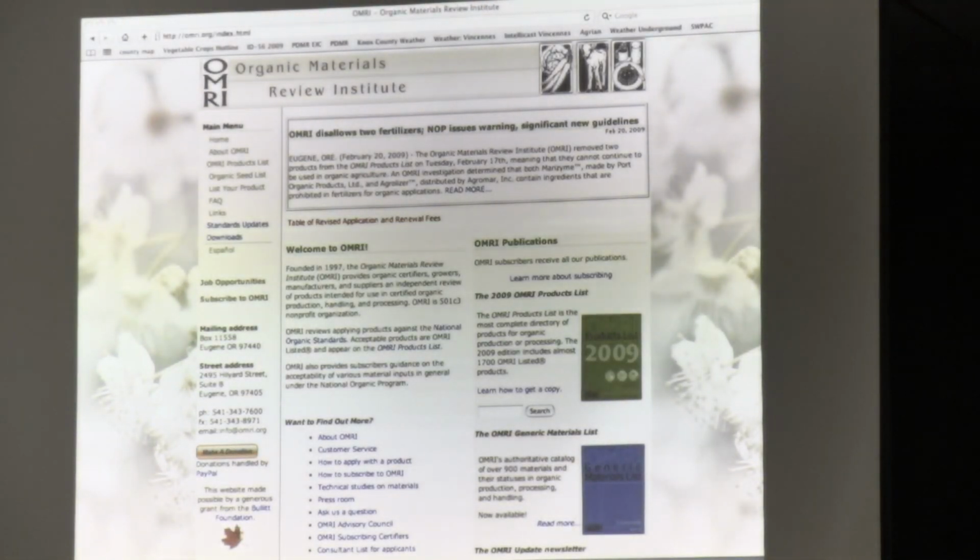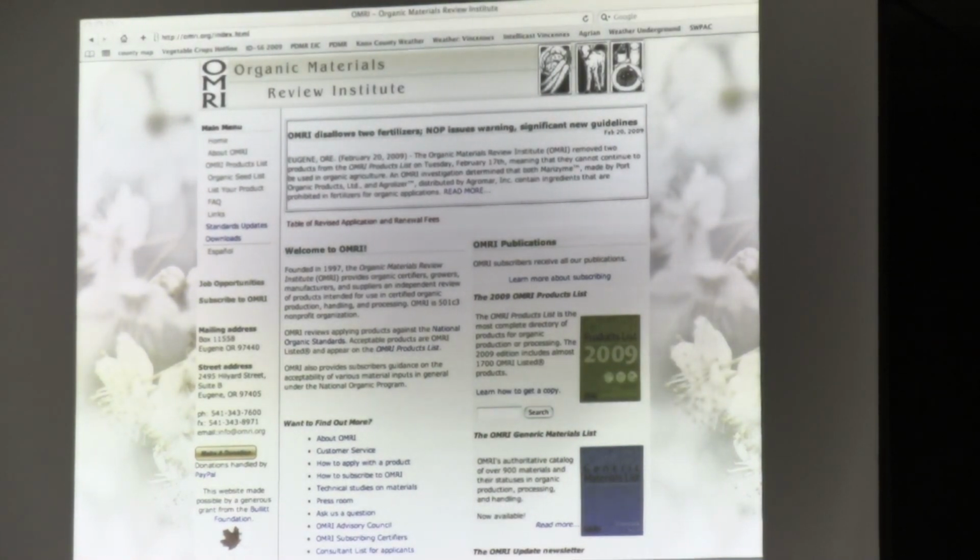So if you really are interested in using organic products, this is a website or something you really need to be able to gain access to. It's called OMRI, which is the Organic Materials Review Institute. This is where you will find the lists of products which are what we would call OMRI approved, which means they would fit under the protocol for certified organic production systems. So you want to look for pesticides and fertilizer materials to make sure that they are what we call OMRI approved if you are in fact doing a certified organic